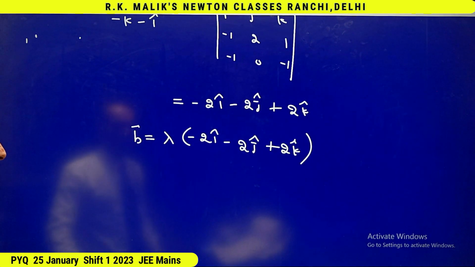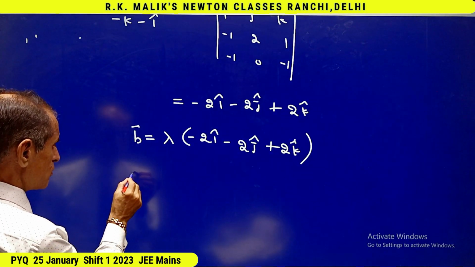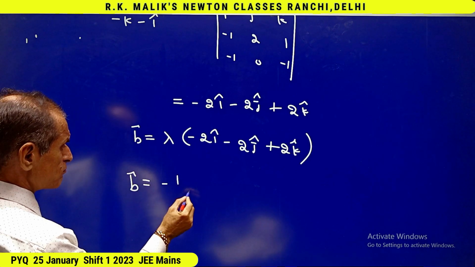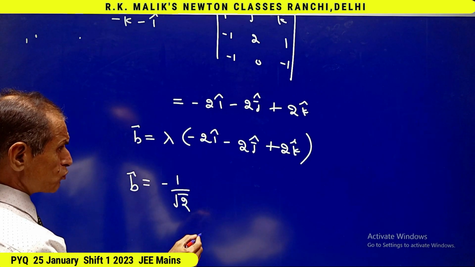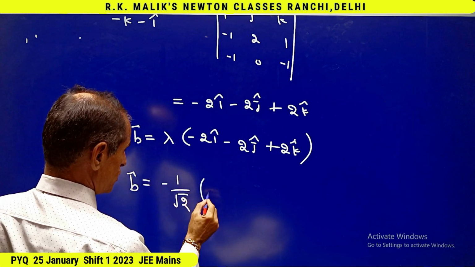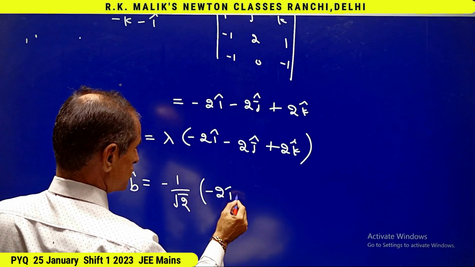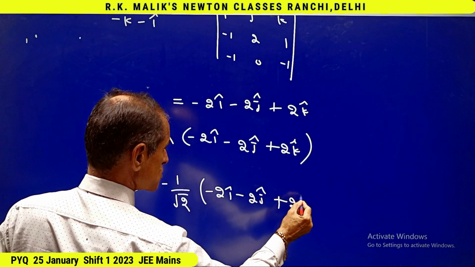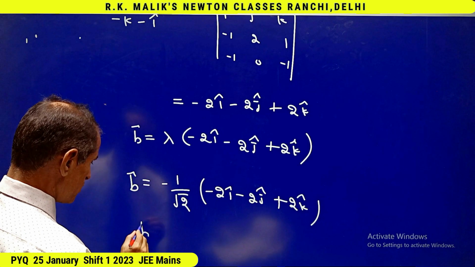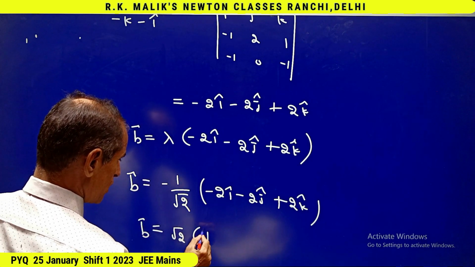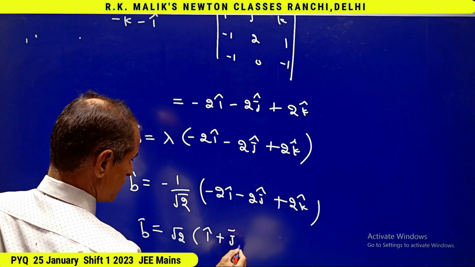Hence, to find the value of B vector, I will take the value of lambda as minus 1 by root 2, because I want the coefficient of j to be positive. That is minus 2i plus, that is B vector is equal to root 2 into i plus j